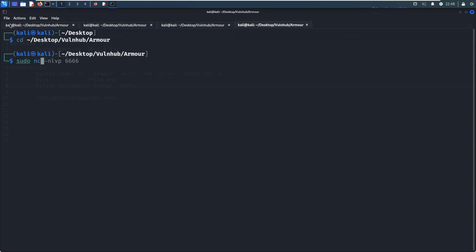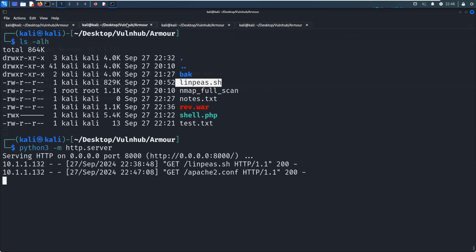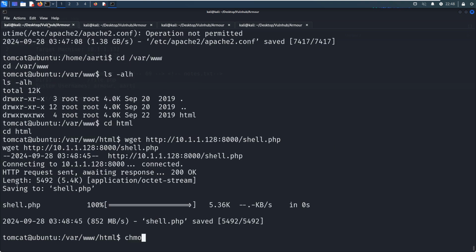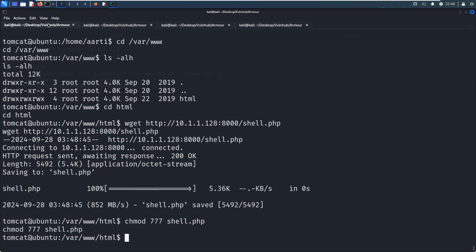set up another listener. All right, and then we can use wget for shell PHP. Of course, we need to change the mode to 777, so everyone has executable permission.